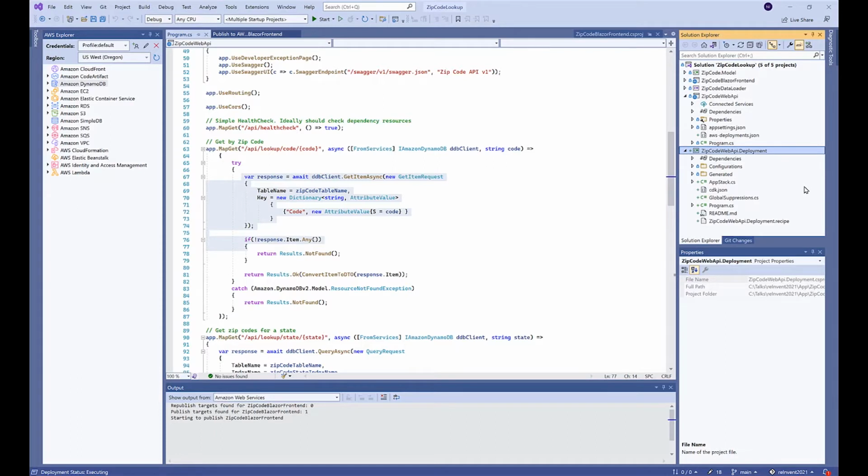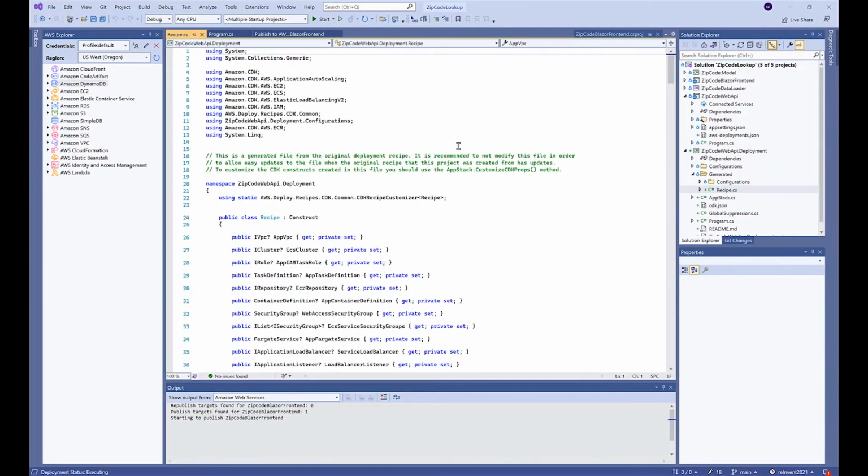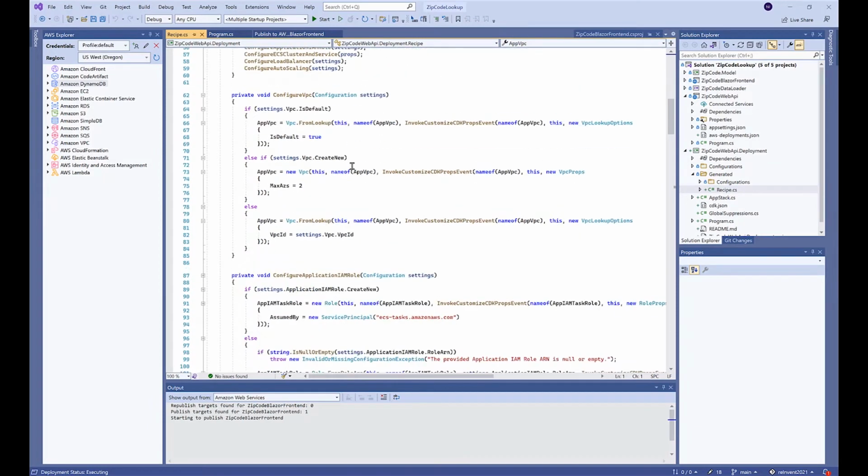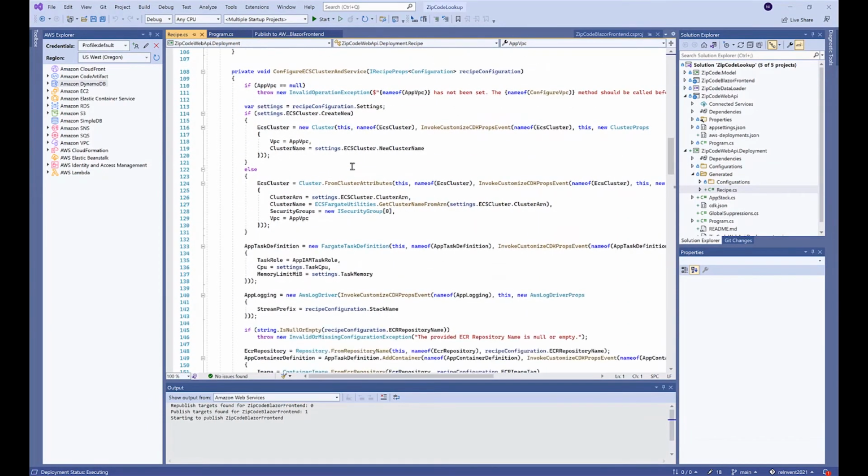So the way that we've written these projects is all of the CDK code that really was part of that original recommendation that we selected is put in that generated folder, right? We can see in this recipe class, here's how we create the VPCs, the clusters, all that stuff is configured in here.